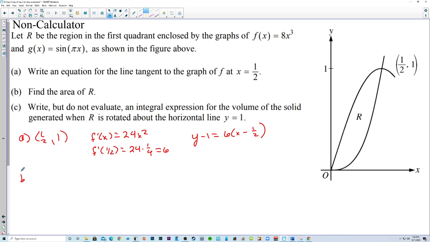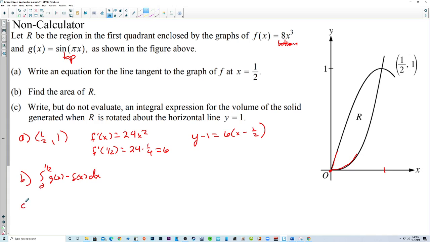So that's not really the chapter we're in. Here's finally the chapter we're in. Letter B, find the area of R. Well, I need to integrate from 0 to 1/2 of the top curve minus the bottom curve. Well, 8x to the third is this curve right here. There's 8x to the third, and the top curve is the sine function. So this is actually the bottom function. That's the bottom. This is the top function. So we need top minus bottom. So g of x minus f of x dx,